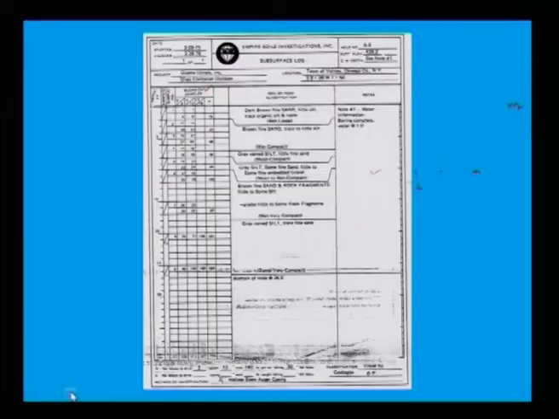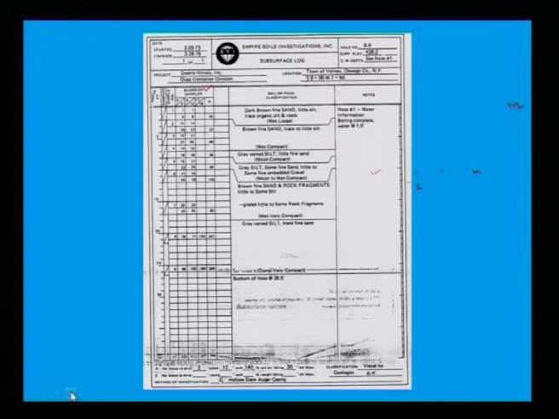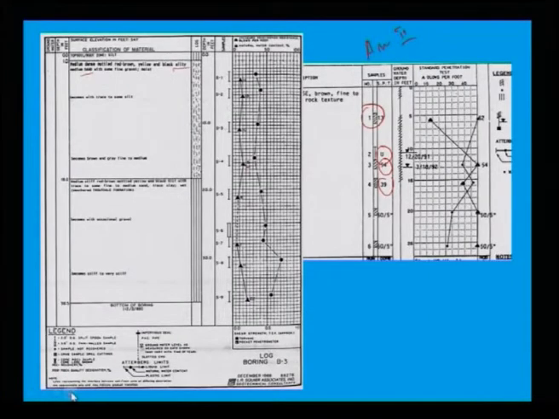Then the fourth part is your detailed summary of field data, if you have done any kind of field test. Here a standard penetration test has been done. If instead of the standard penetration test somebody has done a cone penetration test, that is fine. You show that CPT value, how the penetration resistance is varying over the depth.